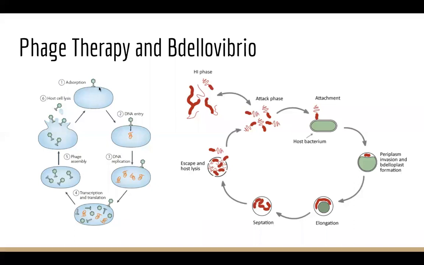But there is one disadvantage in phages, and that is that phages tend to be very host specific. So this phage here will have a protein that binds a protein of the bacteria, and that's required. And so these are species specific and require lots of research. And then we have